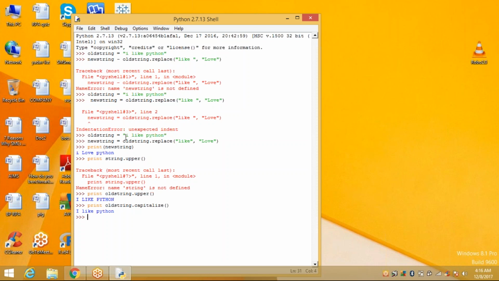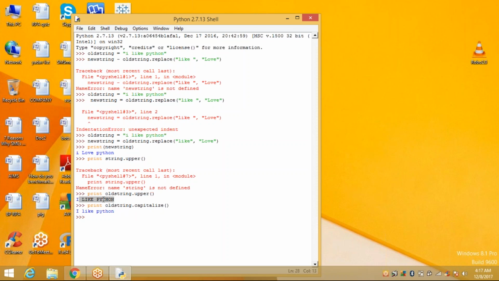See here, our string is all small. When I use capitalize, the starting letter is capitalized and the remaining are the same. If you use upper, all letters are capitals. That is the difference between upper and capitalize.